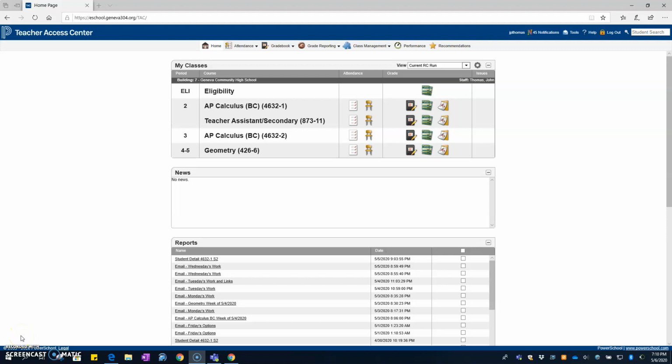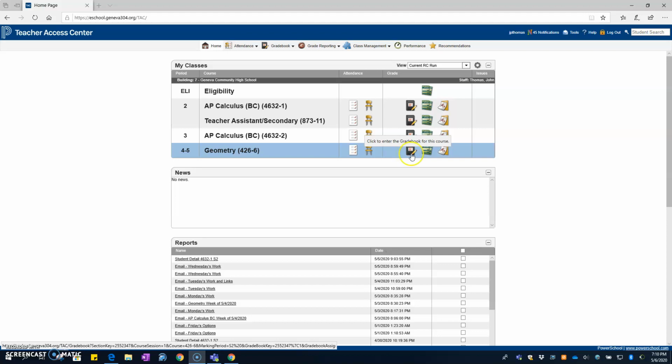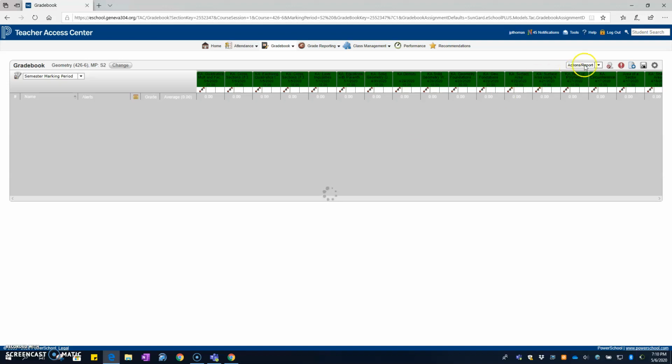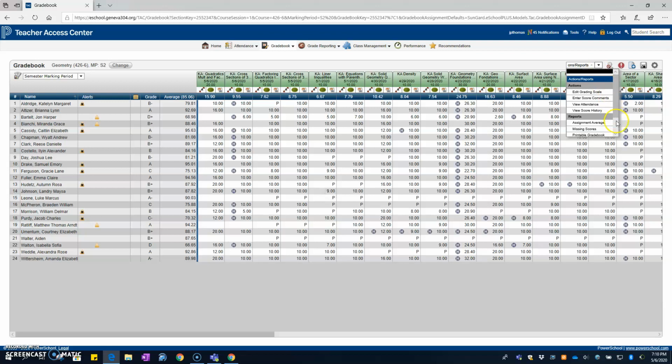Okay, so here's a quick tutorial on how to find the remote learning averages for your students. First thing you need to do is just go into one of your classes' gradebooks, and once we're in there, we're going to go up to the top right, and we'll see this little pull-down menu right here. We'll drop that down, and we're going to scroll down to the bottom and choose Student